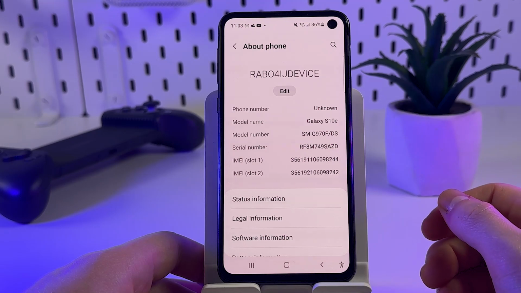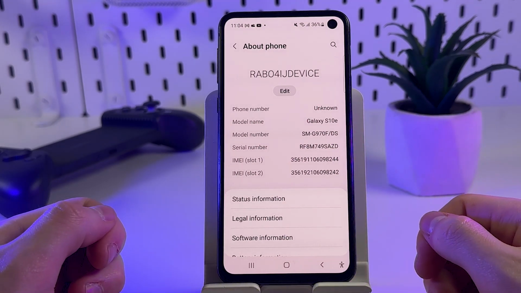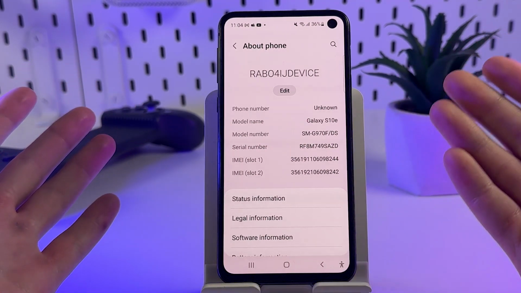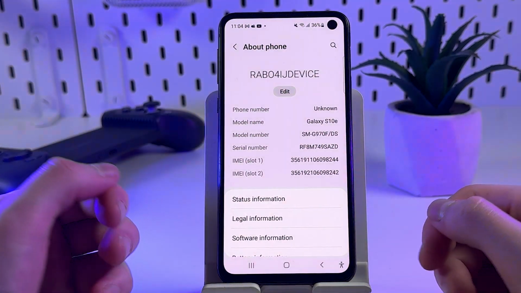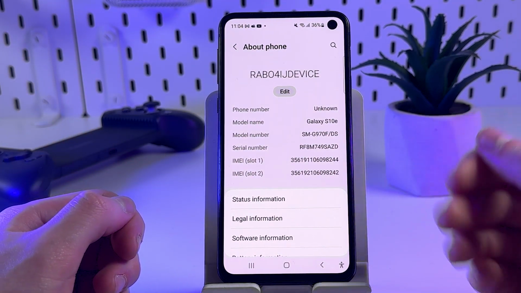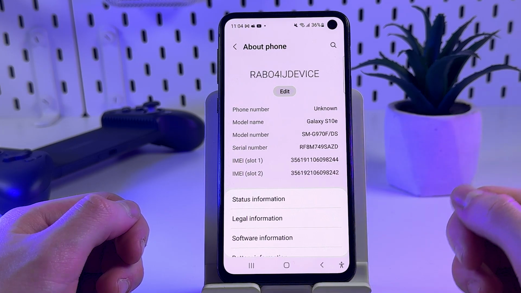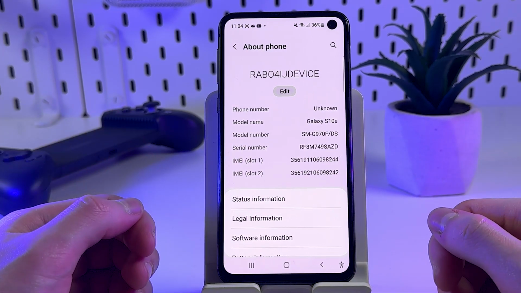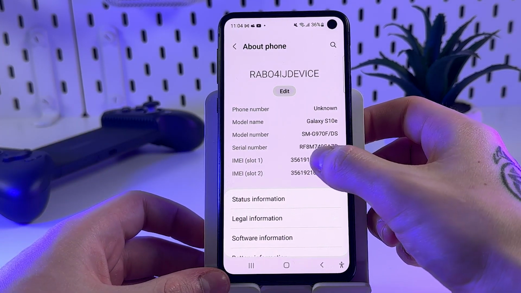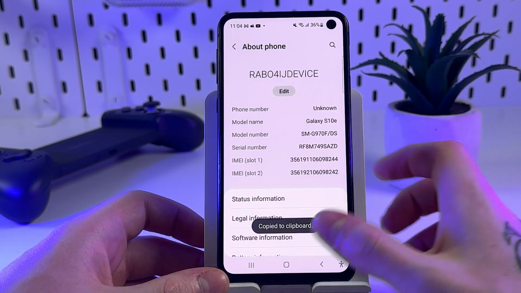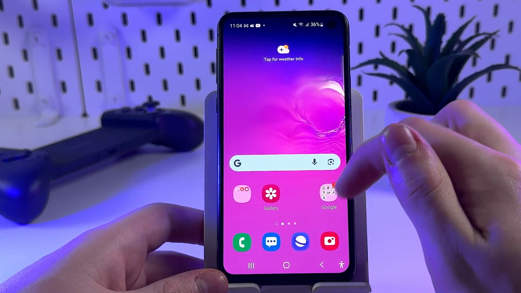And here you should look for the IMEI number, and you might have two of those. It doesn't really matter which IMEI you use. You can just copy either of those, and if you cannot, just enter it manually. And then open the browser app